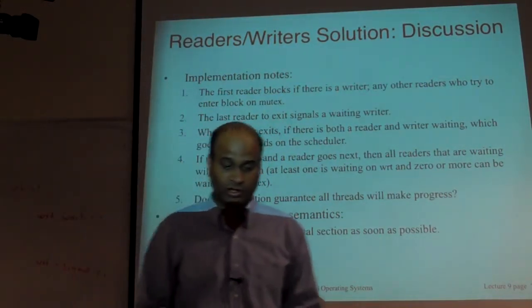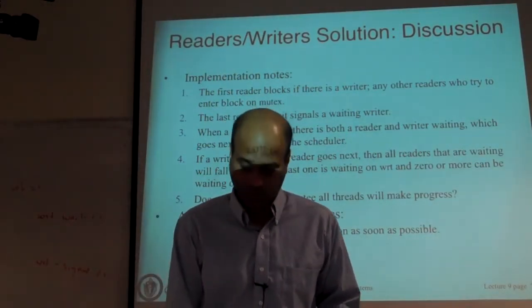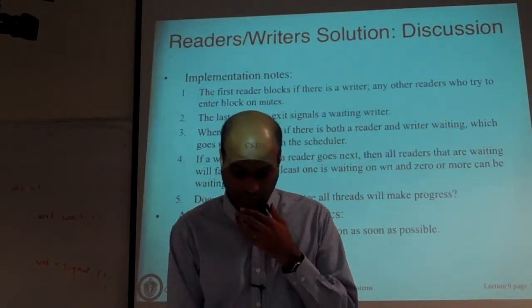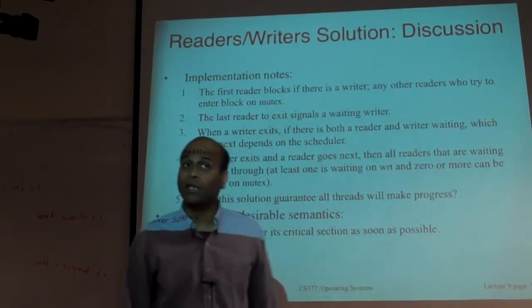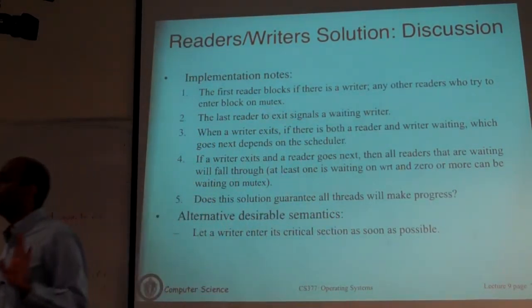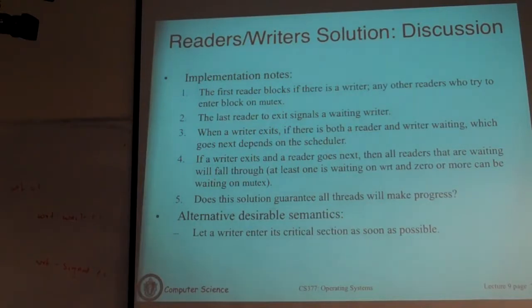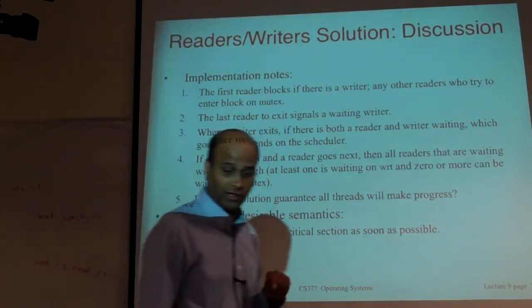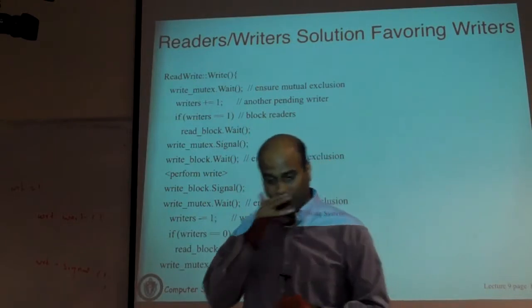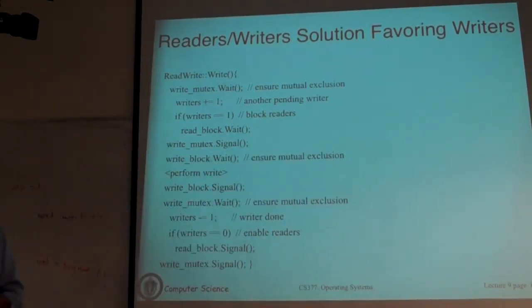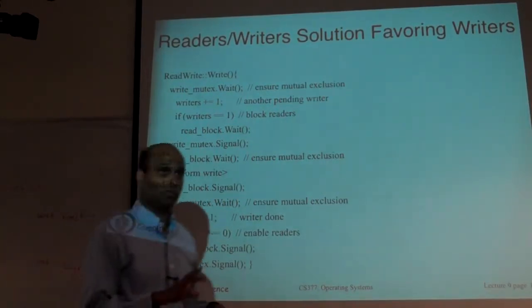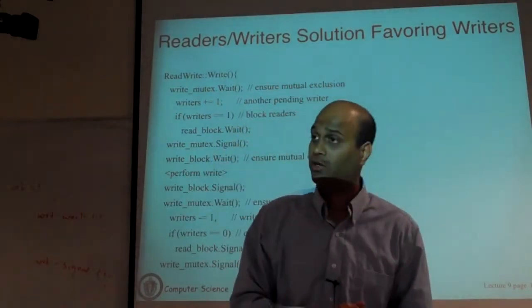I've explained all the cases of what happens in each of the scenarios. The only takeaway here is that this solution favors readers, and you may have starvation. We want to see if we can change that. A different solution, and I will tell you upfront, flips it: it actually favors writers. Neither of these is fair, so you will either have to favor readers or writers. With the code we have, we can of course come up with a different solution altogether.